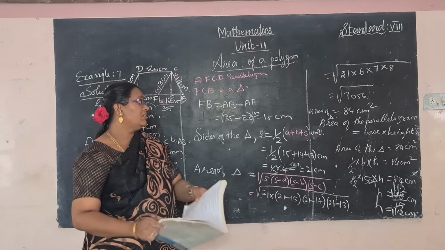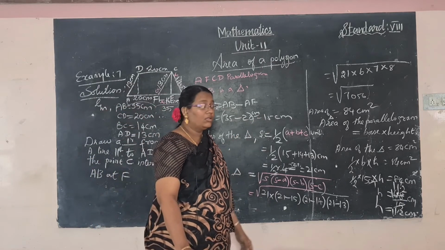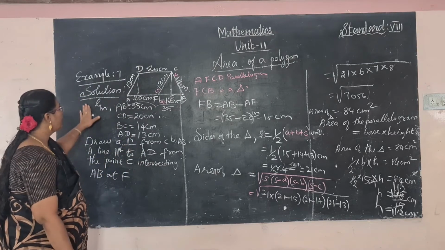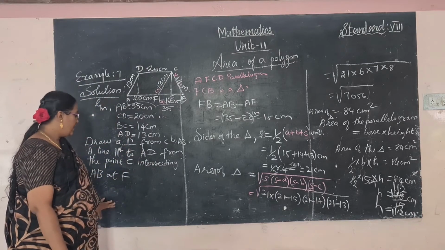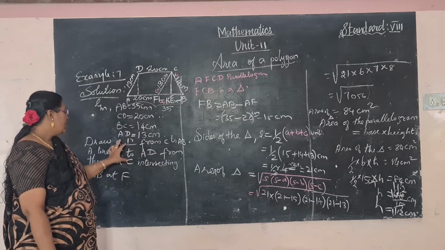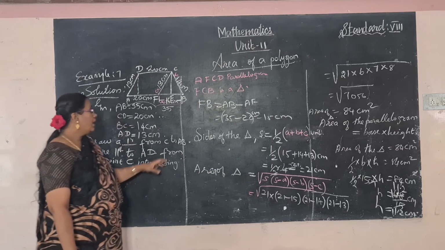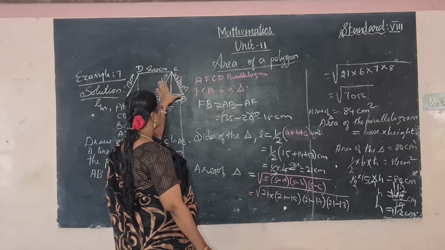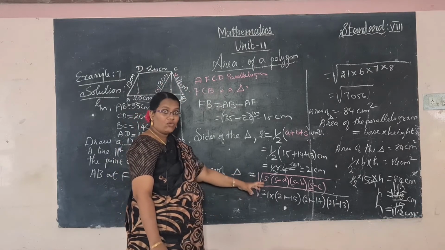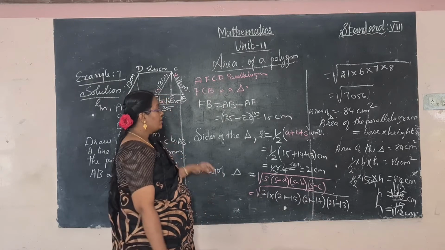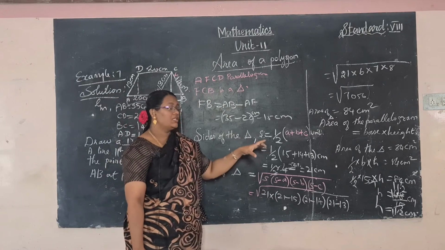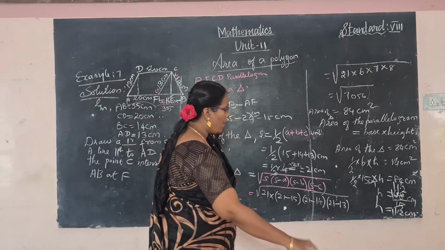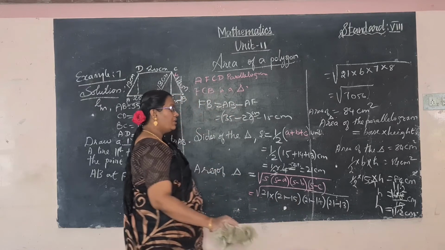Now substitute this value in the area of the parallelogram formula. Okay. So in this method, very important one. First we have to write the given values. After that we draw some lines from this C. Then we calculate the distance of this base value. Using these three sides we can find out the area of the triangle. After that we calculate the height using this area of the triangle. Now we have found the height. Now substitute the height in this formula.